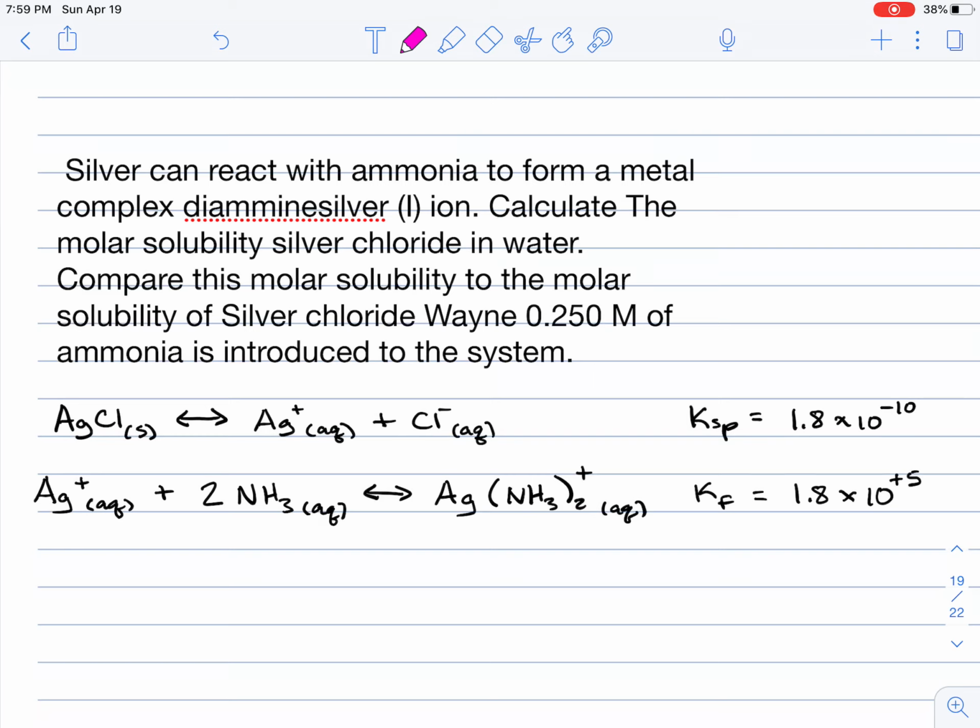So let's go ahead and look at this problem. We have silver, and silver can react with ammonia to form a metal complex, which is called diamine silver(I) ion. We want to calculate the molar solubility of silver chloride in water. And then once we calculate the molar solubility of silver chloride in water, we're going to compare this molar solubility to the molar solubility of silver chloride